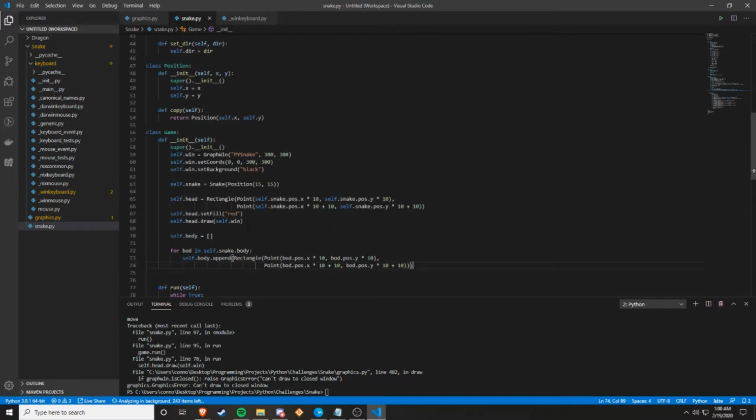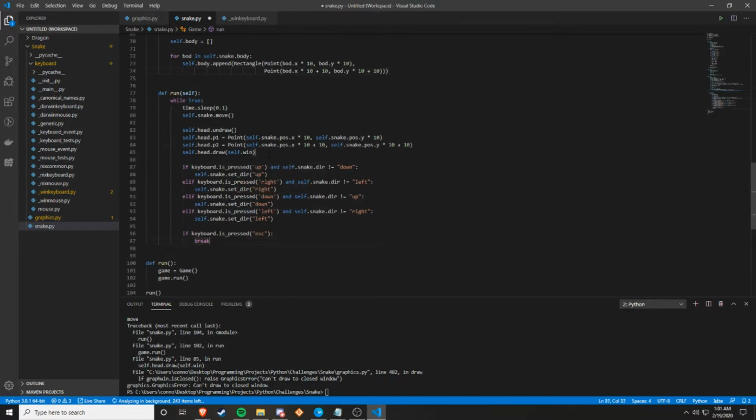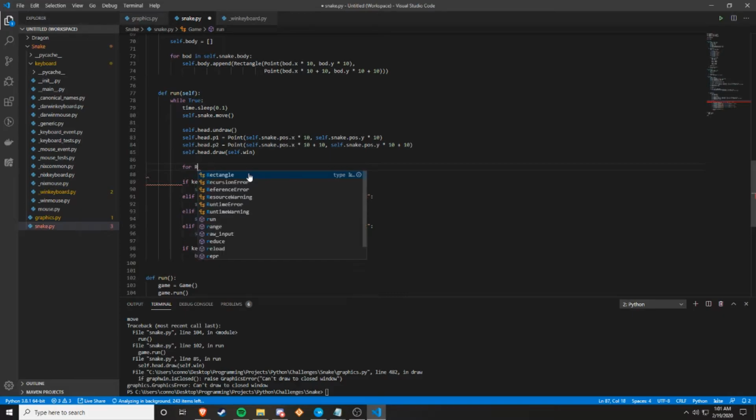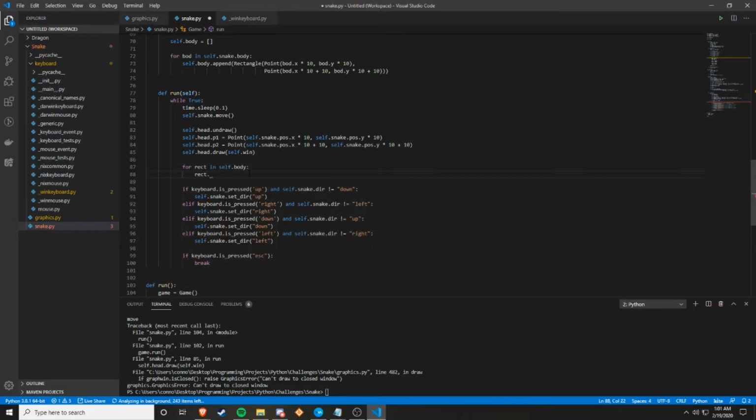Redrew? I don't know if that's right, but I'm sticking with it. Redrew every frame when they move, which is pretty good. So above we use the for loop to assign a rectangle object to every body part, but now we're using the for loop to get every body part and use that to get all the rectangle objects we used before and